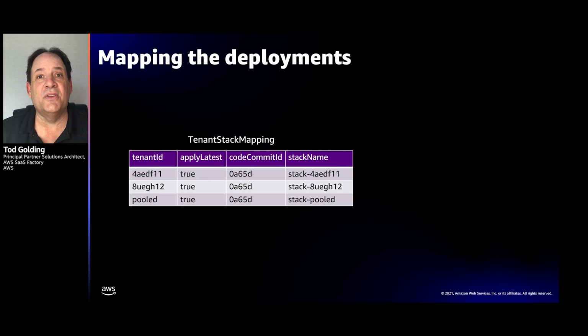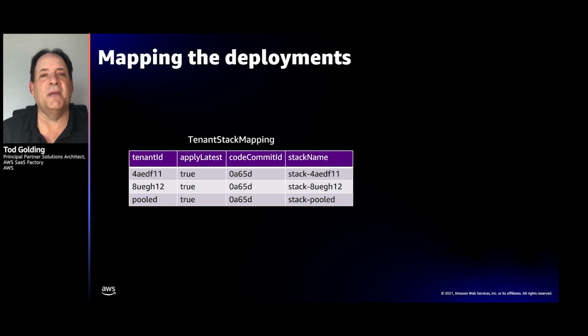Well, this is where we introduced a table. And I don't know, there's lots of ways to implement this mechanism, but we used a table to capture and describe which stacks were out there. So you see here we have this tenant stack mapping. I talked at the beginning how this table gets provisioned. And this is the table that keeps track of all the different stacks that have been created. And you'll see the first two rows are actually two siloed tenants. So they have their tenant ID there. And then we have a third one we called pooled.